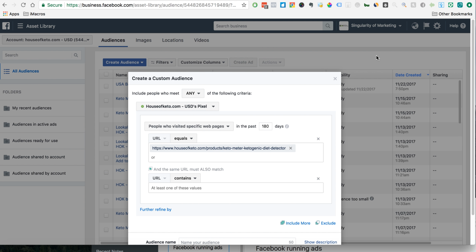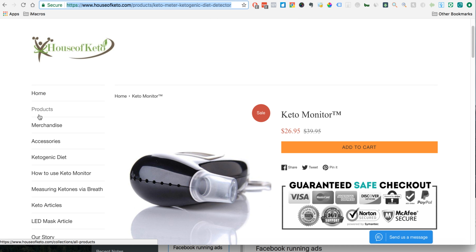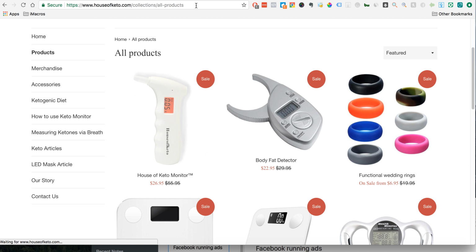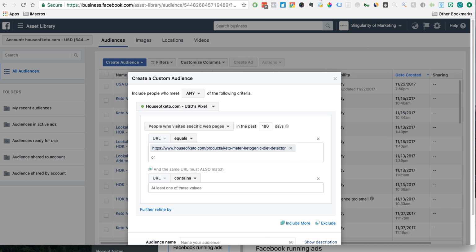And also, because we want everyone who already purchased or at least seen the product, we also take the URL of the other device in this case, but normally it would be just one URL. So I take the URL from here and add it here. This one can be equals,